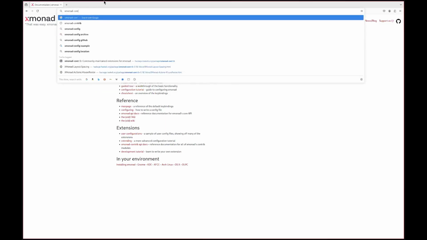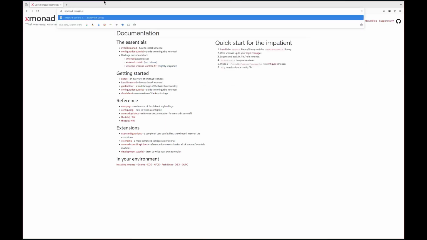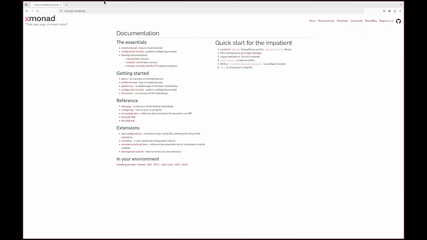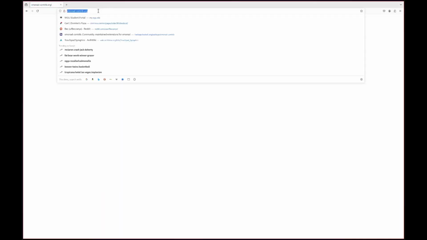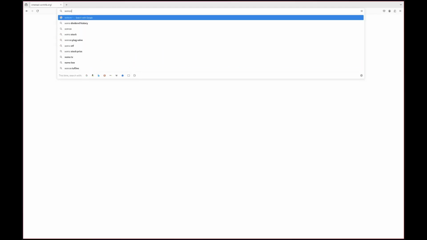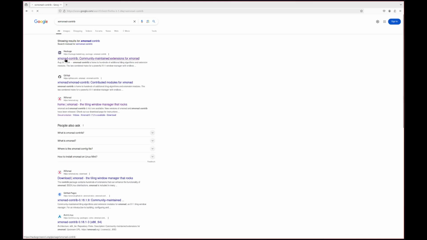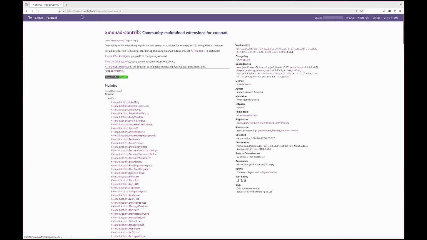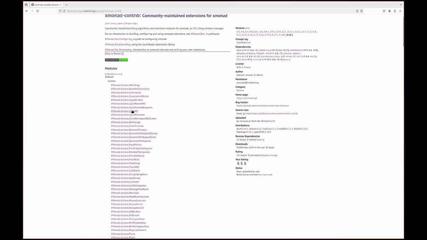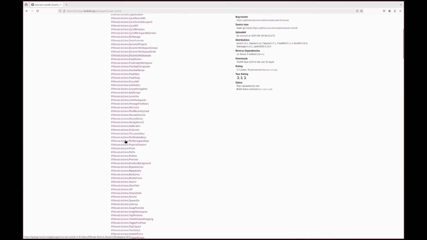You can also come to XMonad contrib.org, I believe. Let's see, maybe not. XMonad contrib. Let's just do that. So that's going to be at hackage.haskell.org package xmonad contrib. And this is going to give you all the different modules that you can use in